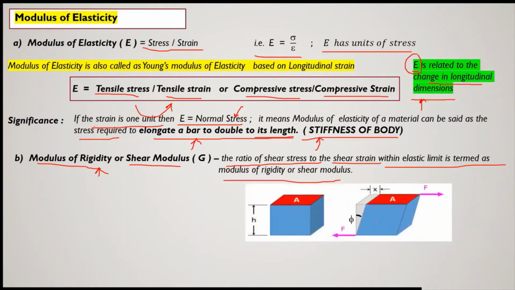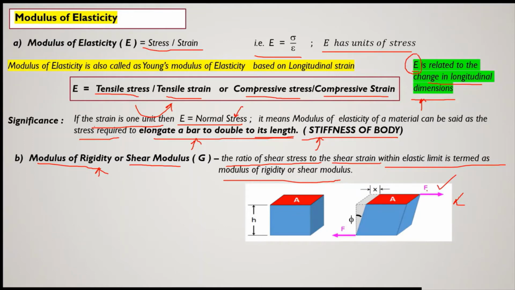So let us take the example of this block type of structure. There is a block of any material, just like steel, having height h as well as surface area A. Now if we apply some force F on this block, and let us consider this block is very flexible, then very little force will be required to distort the shape of the block. But if this block is very rigid, that means its rigidity is very high, then you will be required to apply a higher force.